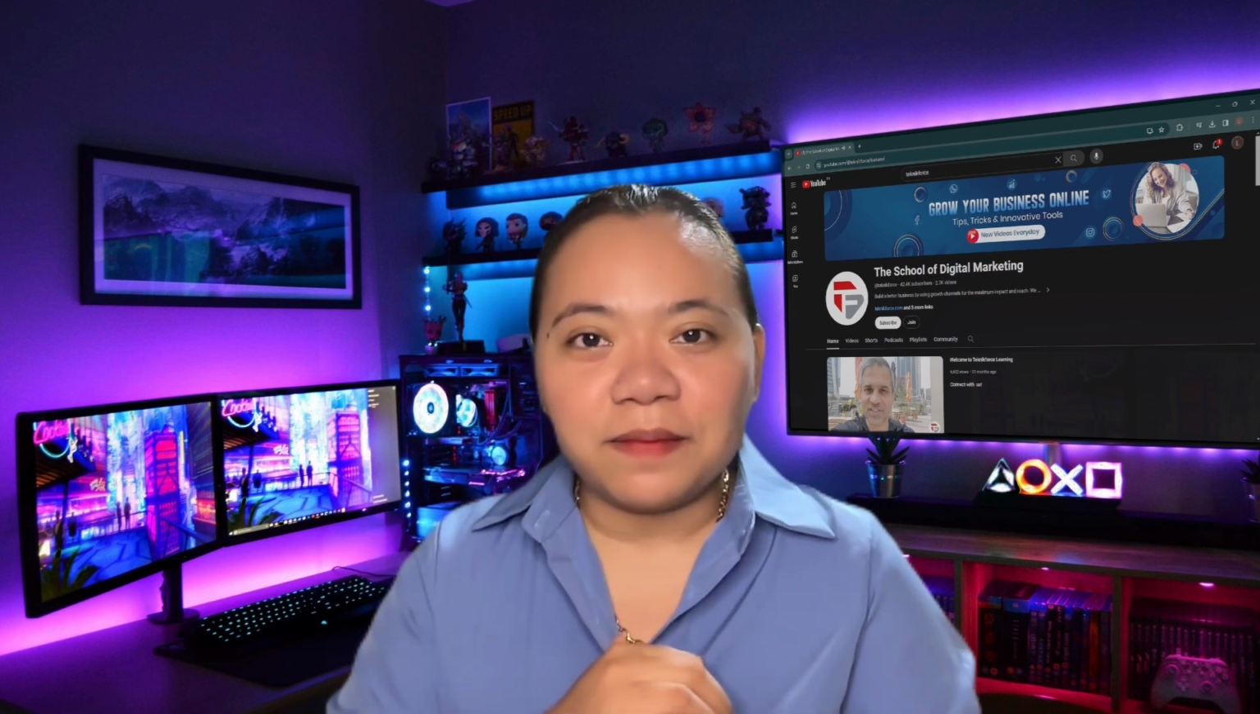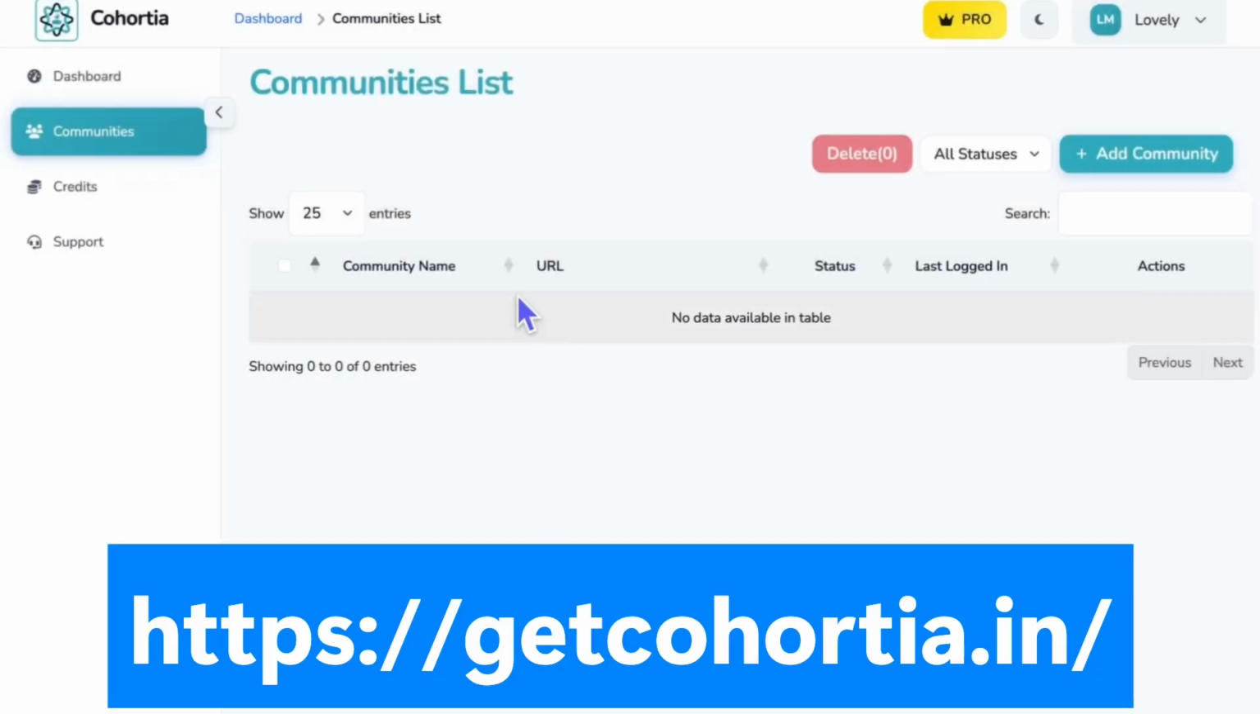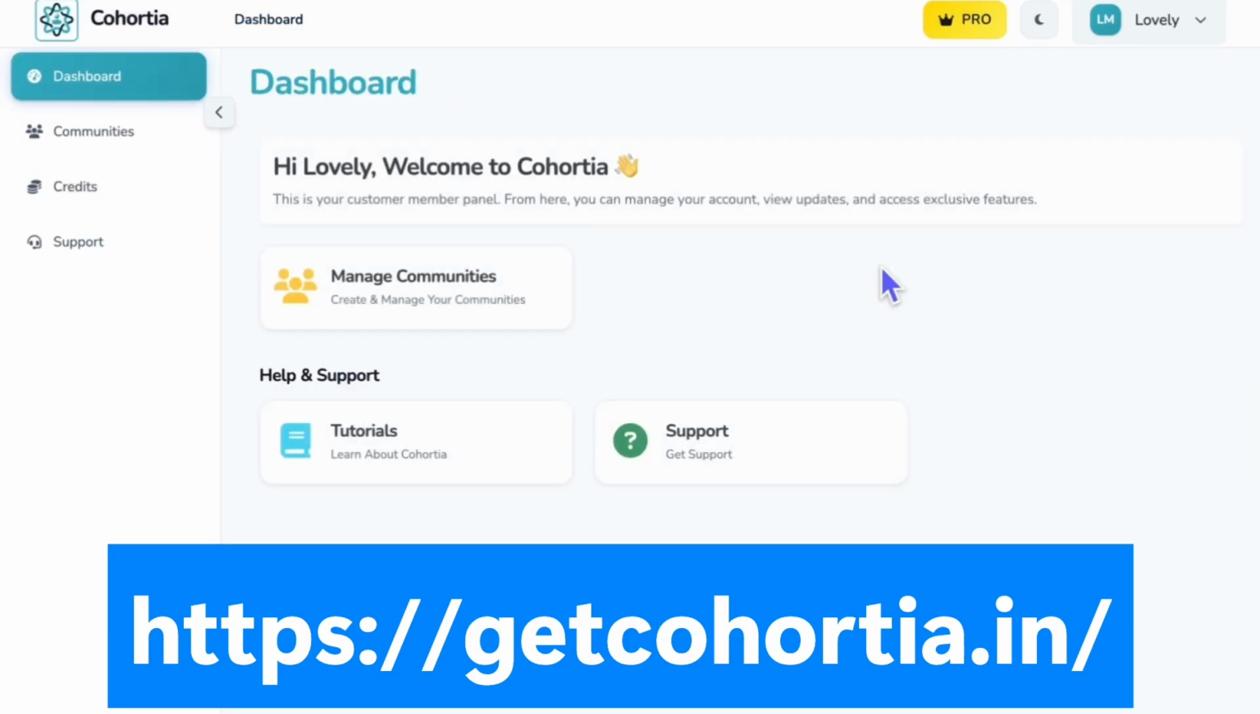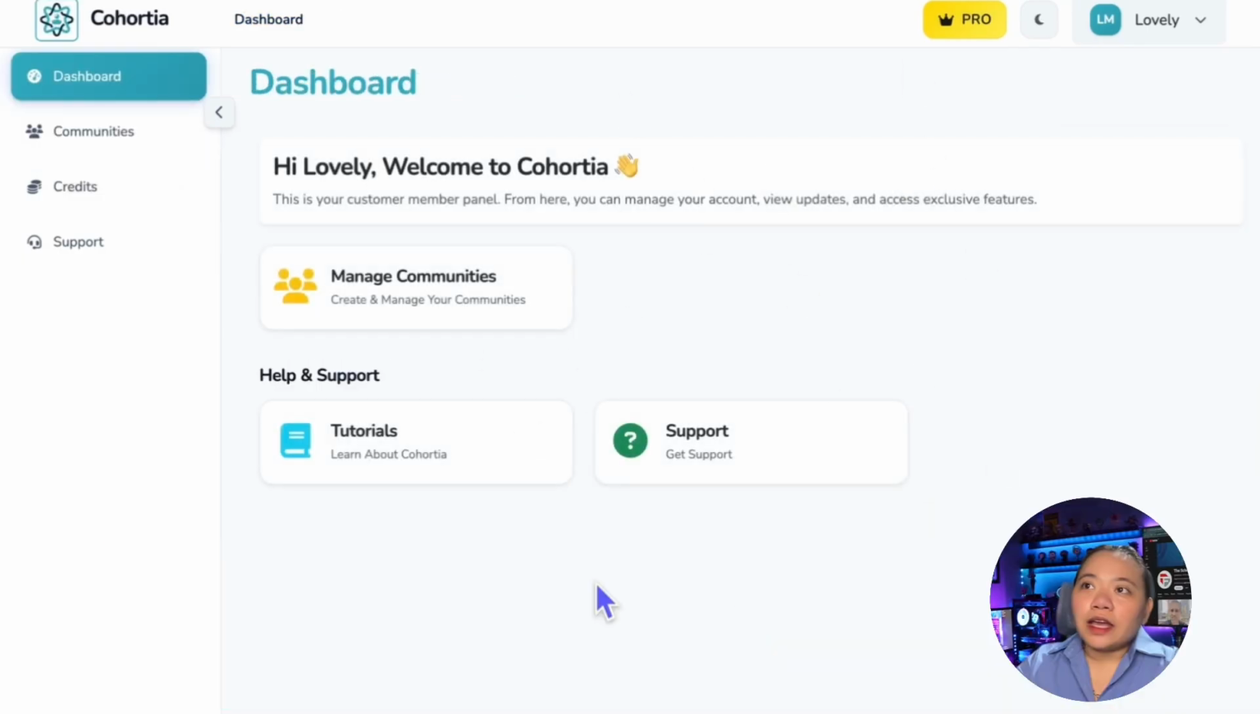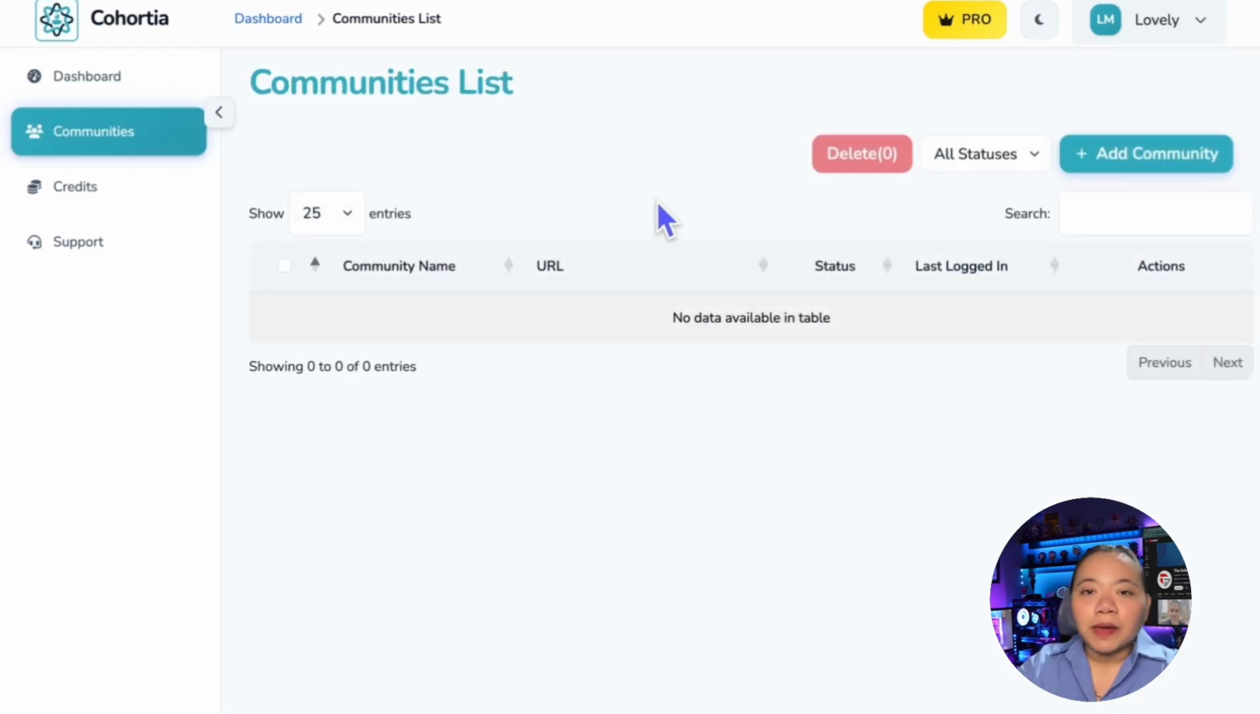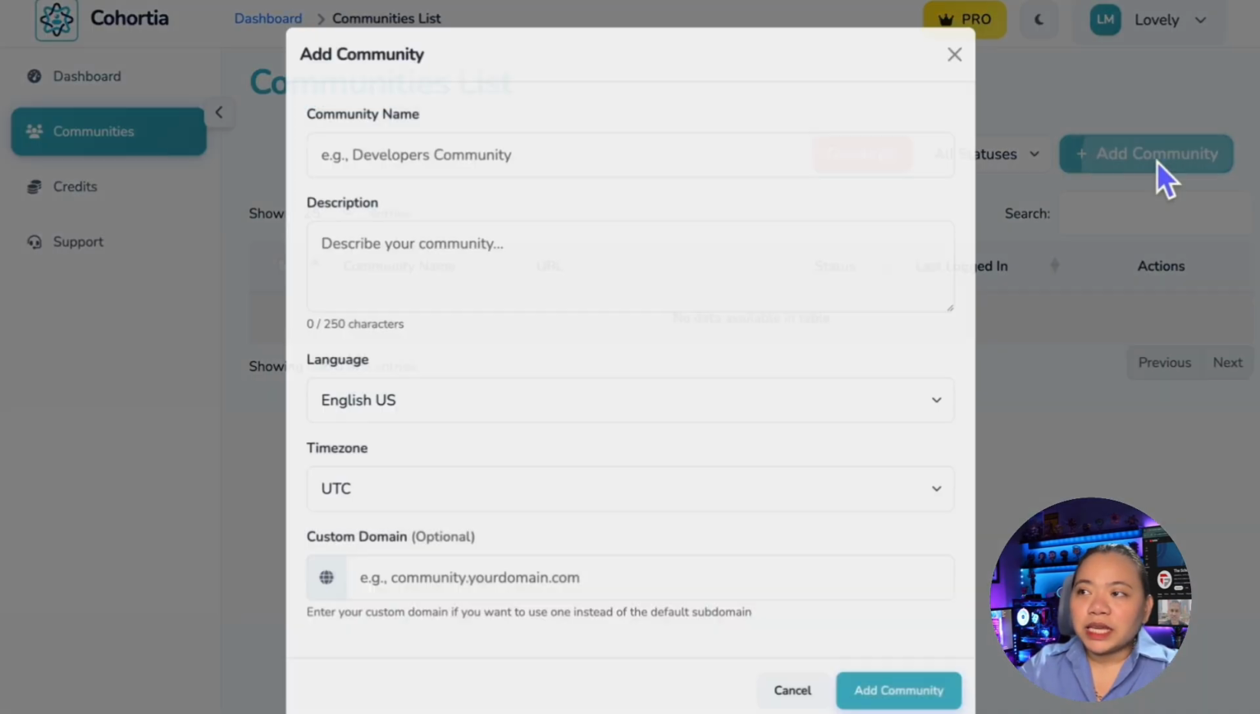Let's jump right in. Now, to start, go to cohorsha.in, but don't worry, I'll leave the link in the description below. Now, this tool lets you create a fully automated AI powered community that basically runs itself. So, once you're inside the dashboard, the first thing you'll see is your list of communities. From here, you can either manage an existing one or create a brand new community in just a few clicks. To create one, simply click Add Community,